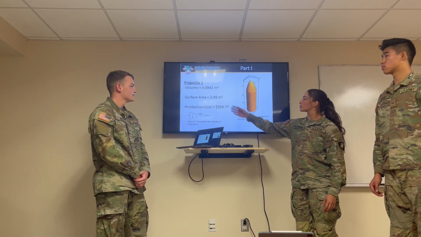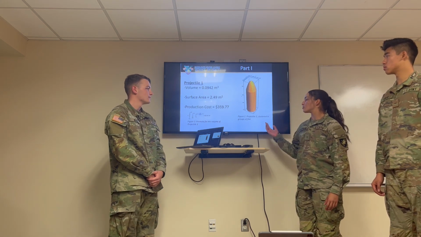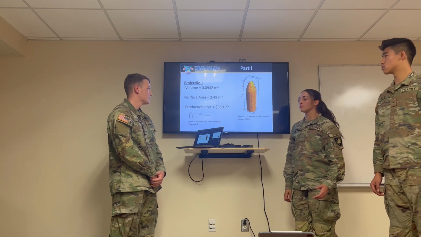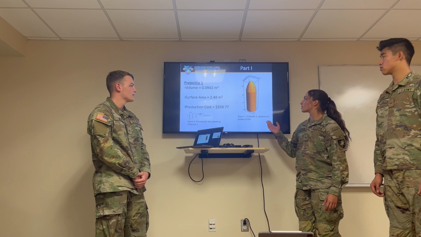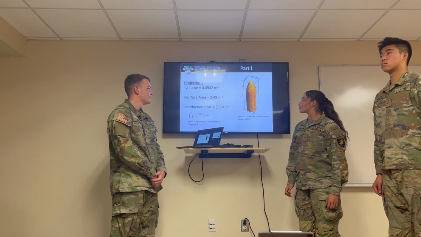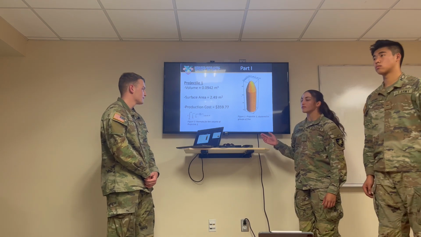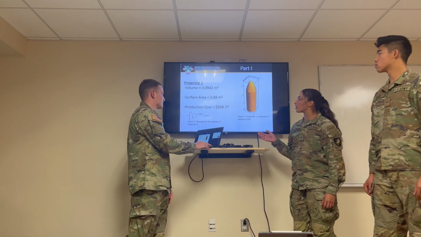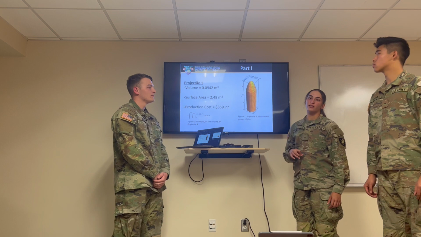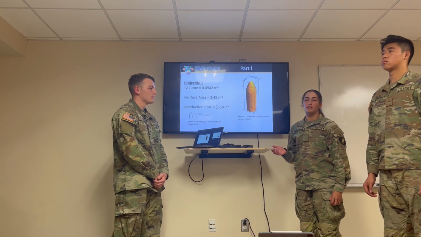And so we were given the surface area as 2.49 meters squared, and then using formulas given to us, we made a triple integral to find the volume of our projectile, and we got 0.0942 meters cubed at a production cost of $359.77. We got that production cost by multiplying our total volume by our unit cost of volume, which is $620